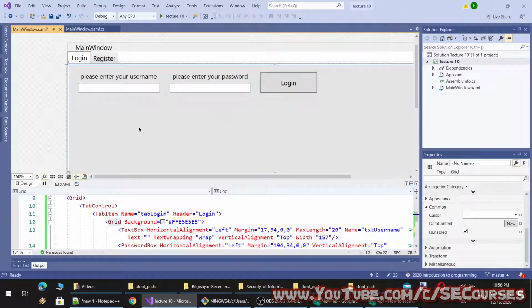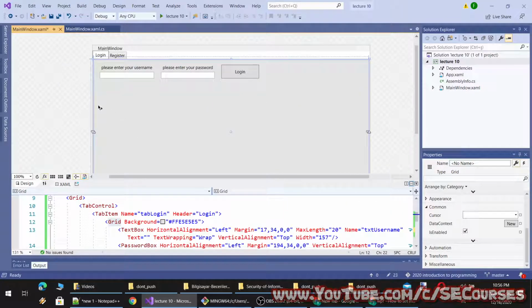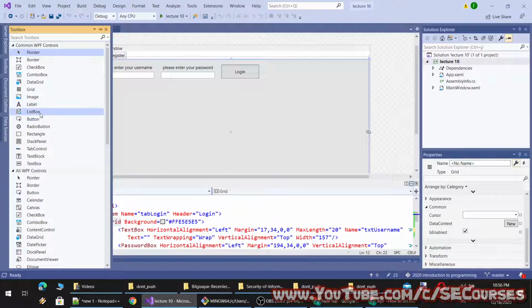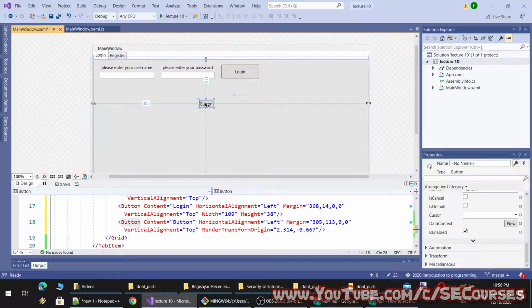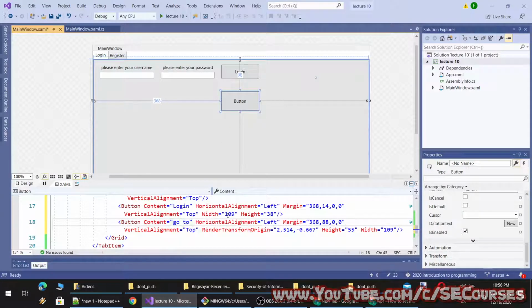And if the user doesn't have an account, we will let him go to the register with a button click, like here. Okay, go to registration tab.